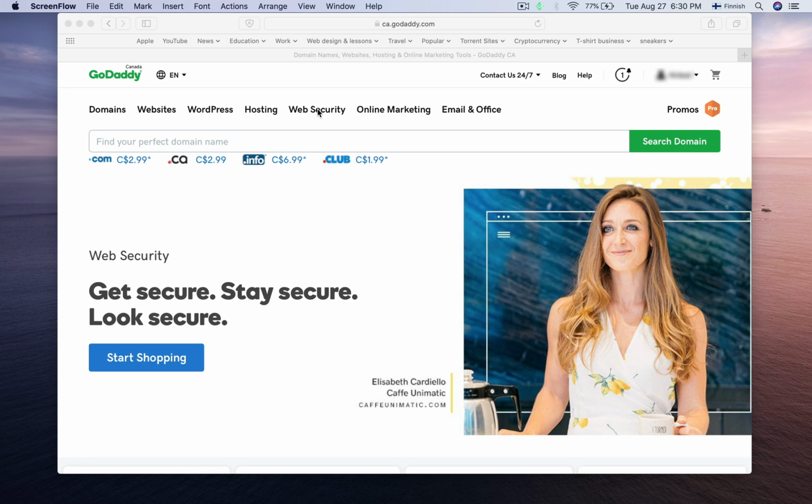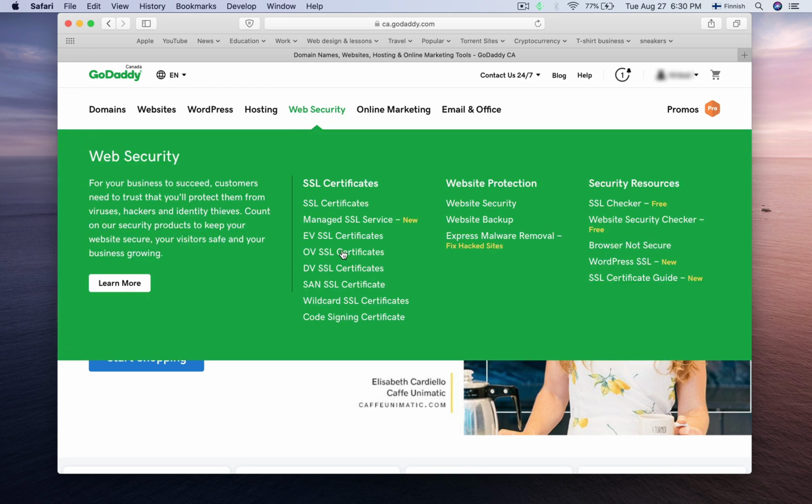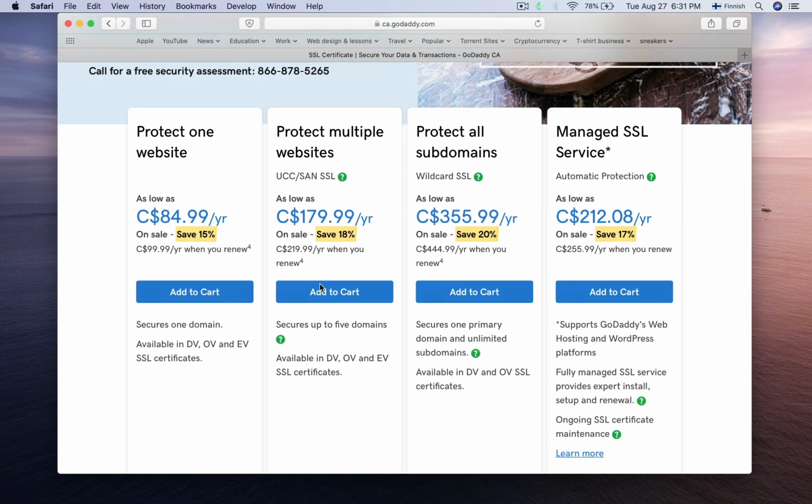First thing, you need to buy the SSL certificate. You go to web security and you choose the type of SSL certificate that you want to get. You choose the certificate. In this case we're going to go with the basic regular one. It's a Protect One website. We bought this one, and you add to cart and you go through all of your